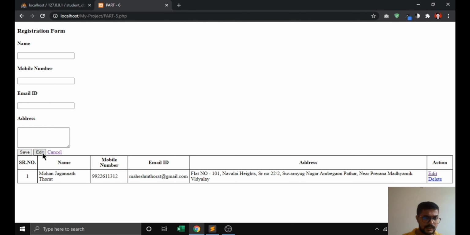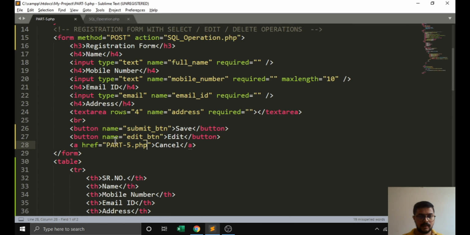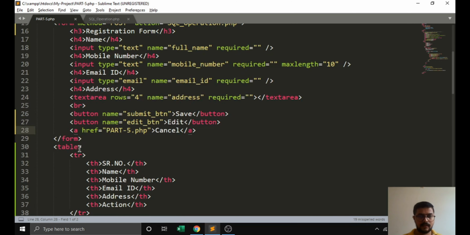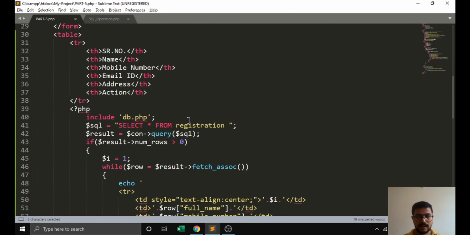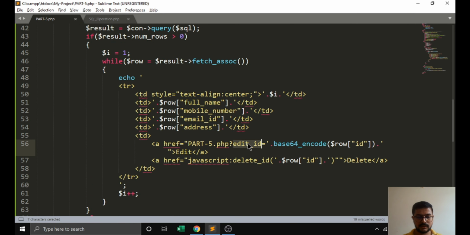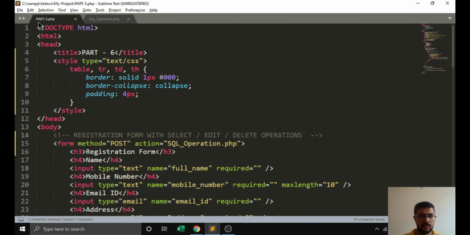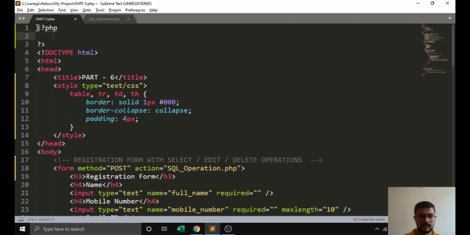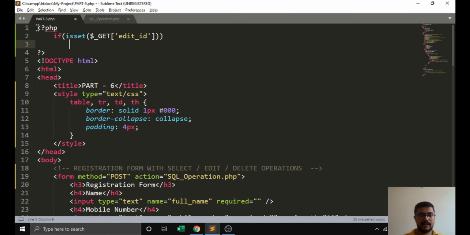delete. By default all the buttons are clickable, but we need that when we are editing, the submit button will be disabled, and when we are not editing anything, this button will be disabled. For that we have to create a simple code. At the top of the page we write if isset $_GET edit id.